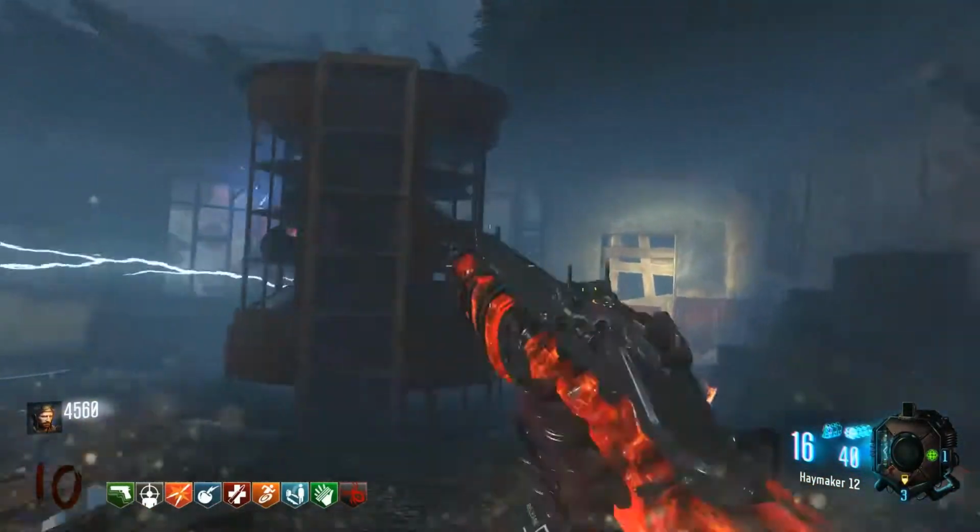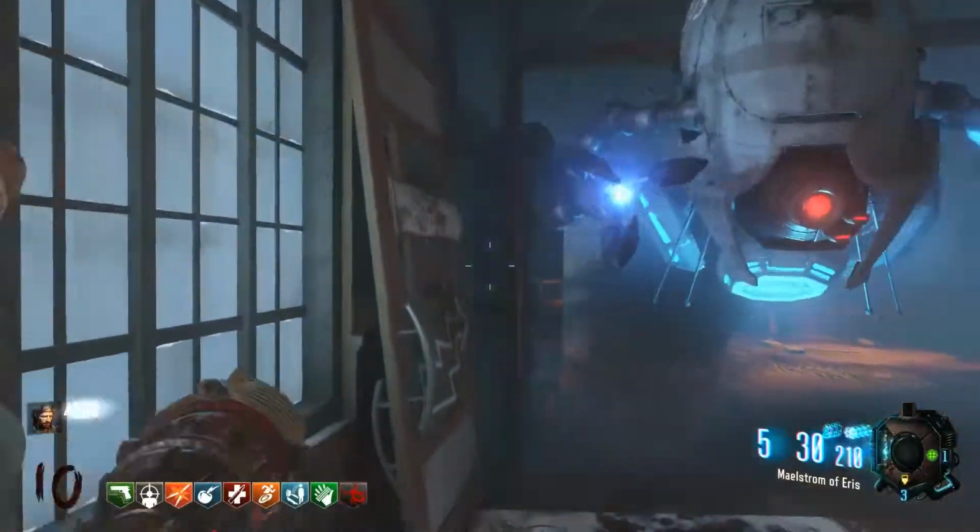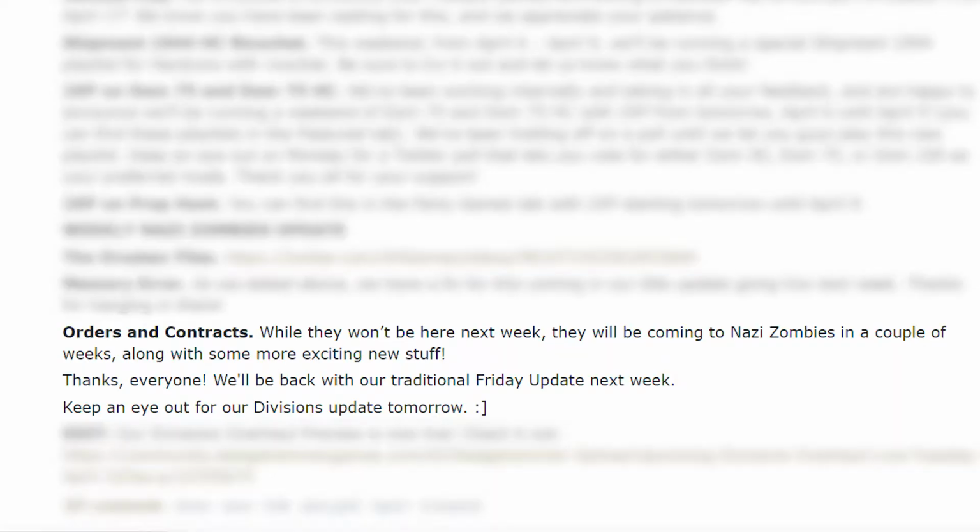Alright, so coming in at number 5 is that despite the initial announcement, orders will not be a part of the DLC 2 release on day 1. However, they will release separately in a few weeks' time from the DLC pack, probably around the time of the DLC's Xbox release date. Now, if you go over to the Sledgehammer community update that they released yesterday, Thursday, April 5th,